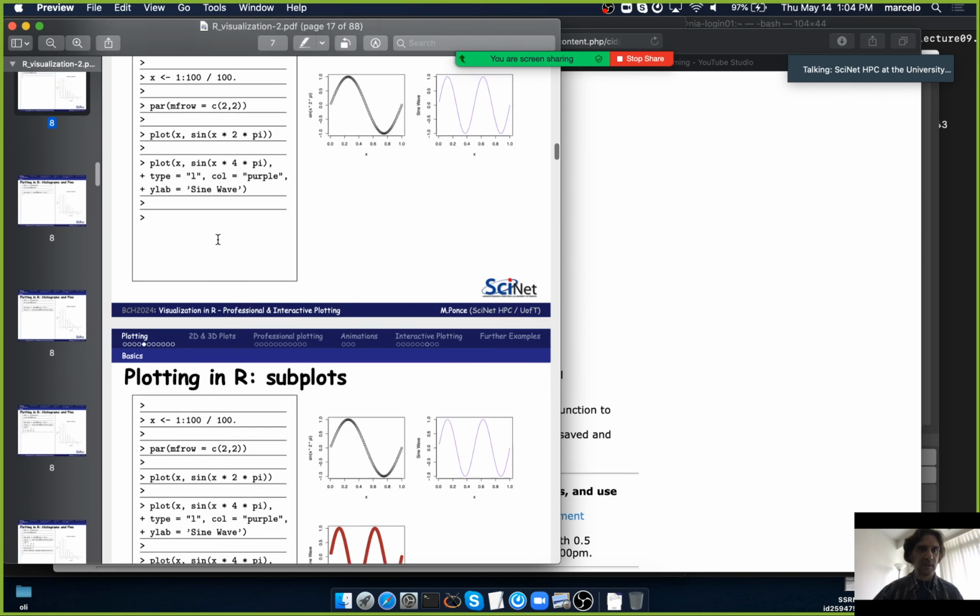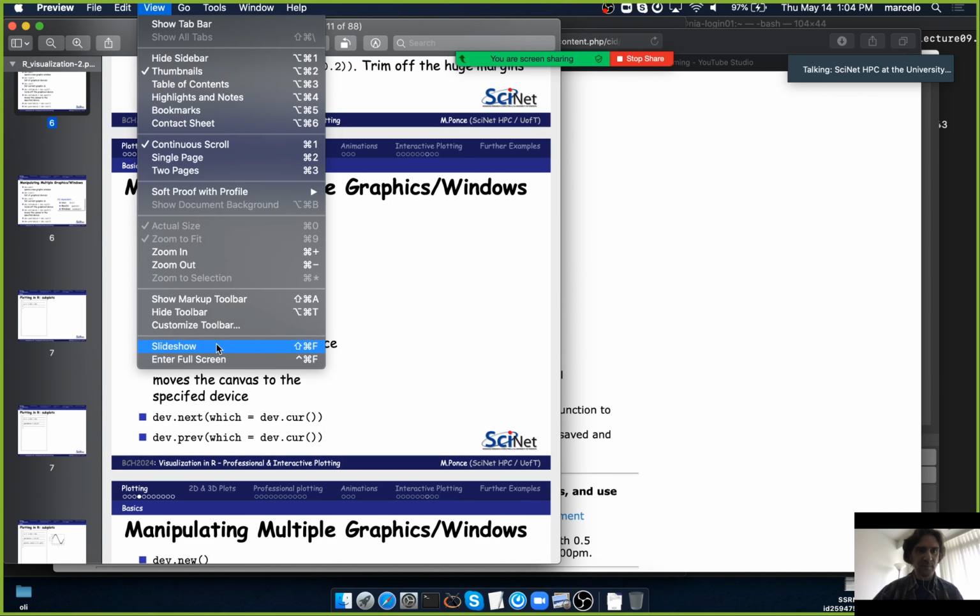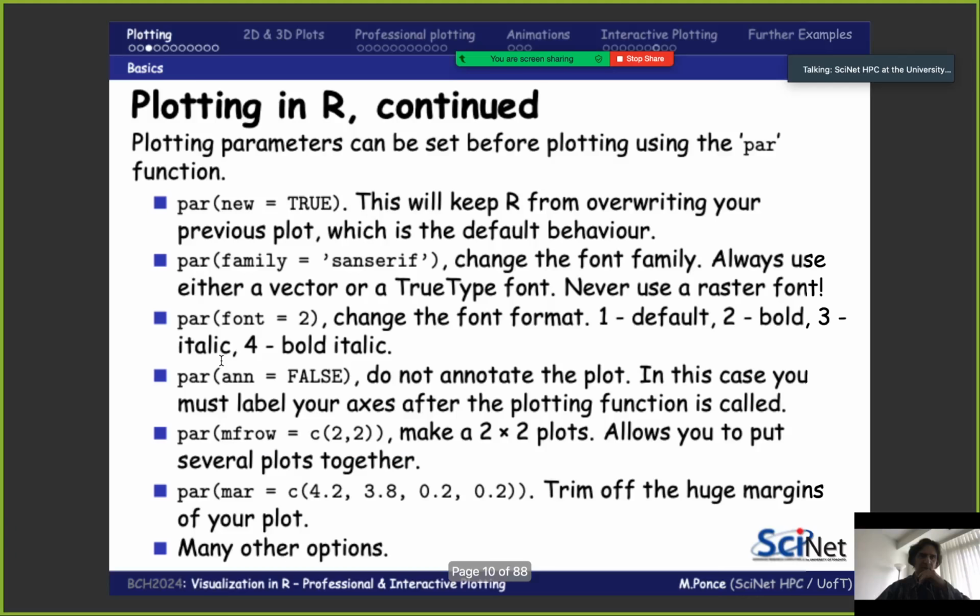Otherwise, I'm looking for the slide where I stopped last time. I think this is it. And again, let me know if you have any questions during the presentation as well. So we talked about the different options, the par function, which is super powerful, and we will come back to this function, which is one of the particular functions that you need to use when you customize your plot.